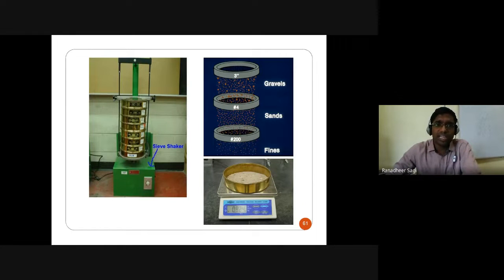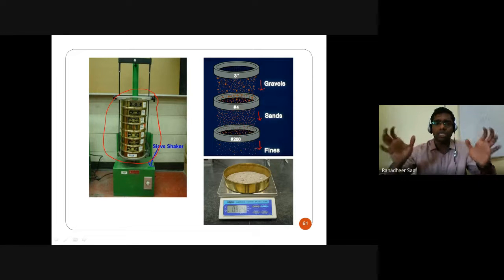Your set of sieves is then arranged in what is called your sieve shaker, so that the sieve shaker starts shaking your set of sieves, because of which particles start moving from one sieve to another and get retained on their respective sieves depending on the sizes of those particles. So once the sieving is done, let's say for approximately 5 to 10 minutes, we continue to sieve with the help of a mechanical sieve shaker, or manually also you can do it.